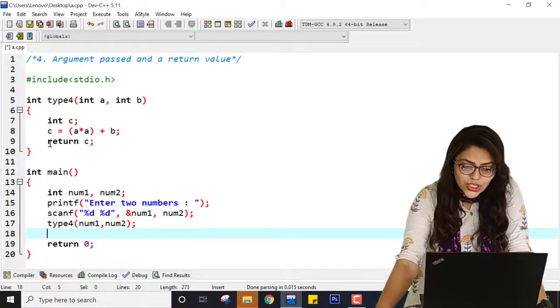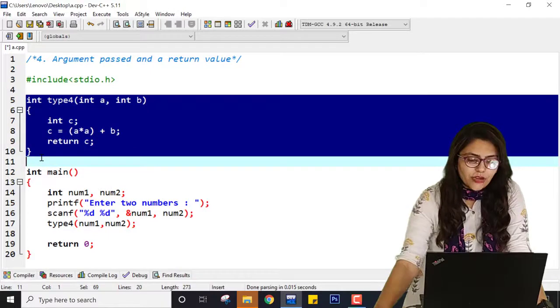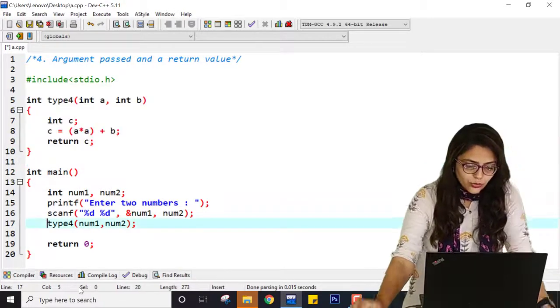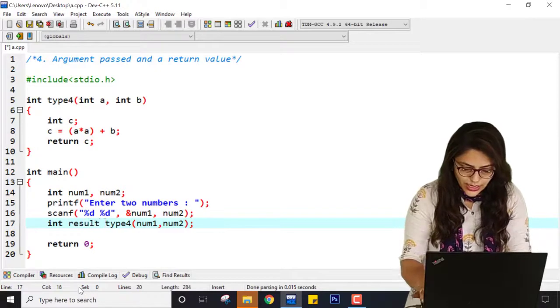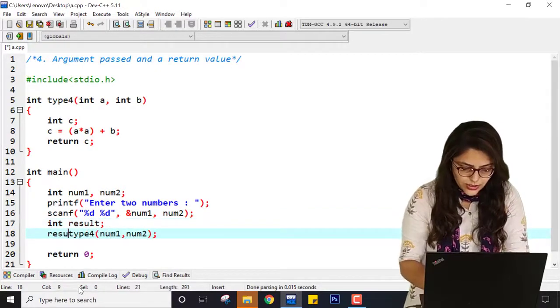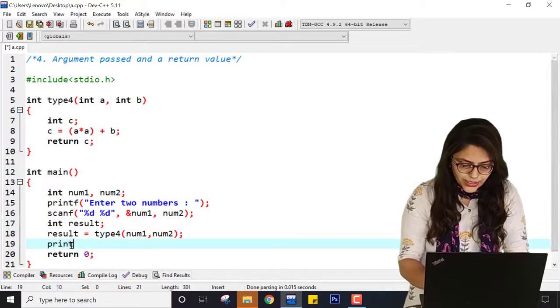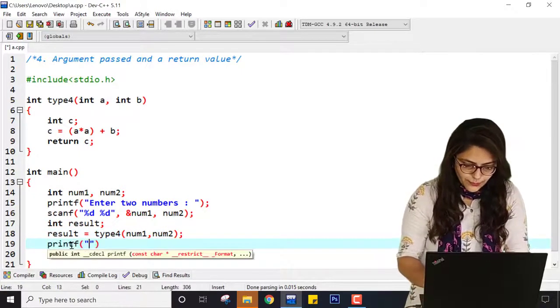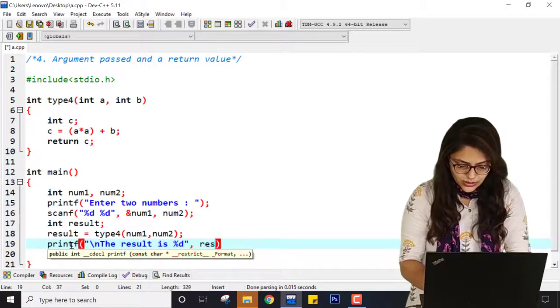So to catch this return, because it will have some kind of integer value, this entire function has some integer value. So I have to write int result, and here result equal to this. I have to print it, printf, the result is %d, and here result.